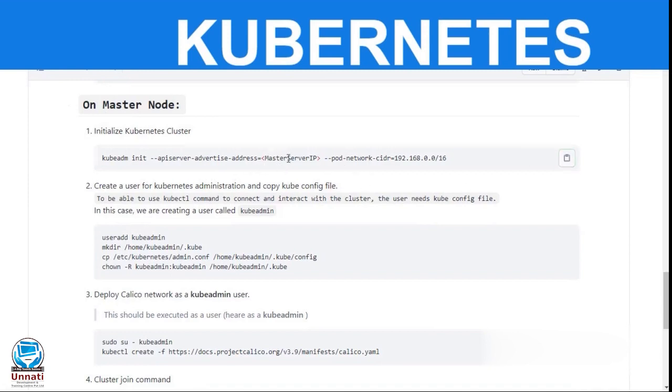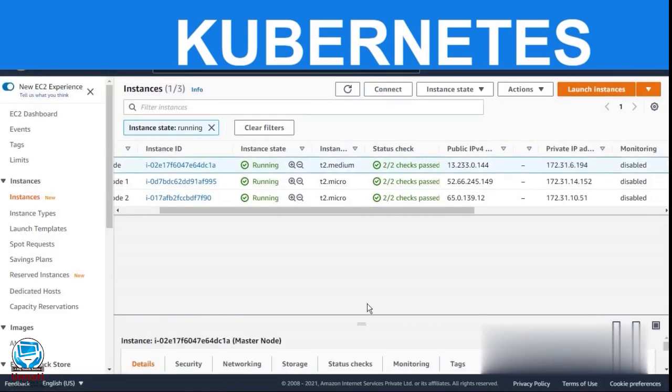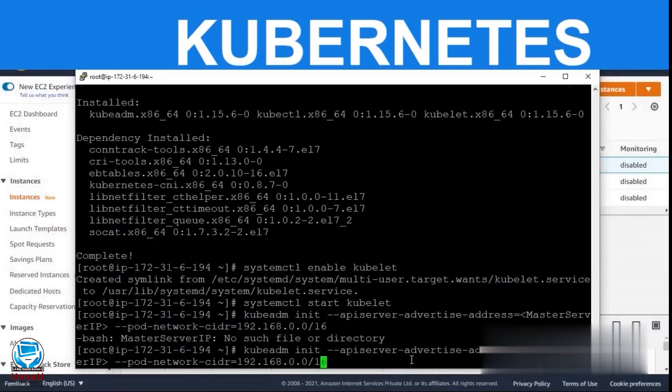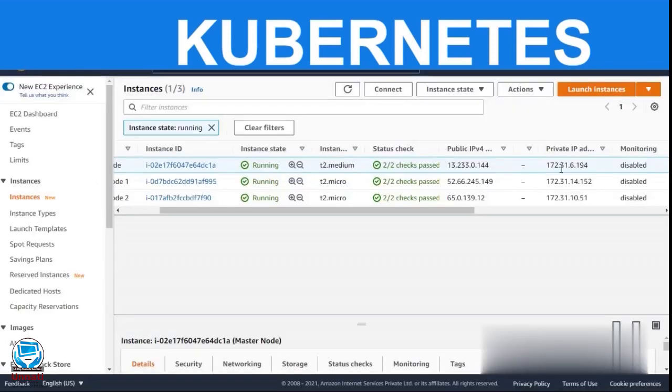Let me just paste it. You will have to remove this master server IP and replace it with the private IP of your master node. You can get your private IP from the AWS instance and paste it here. Enter.